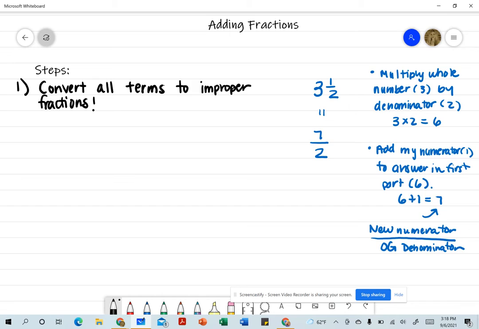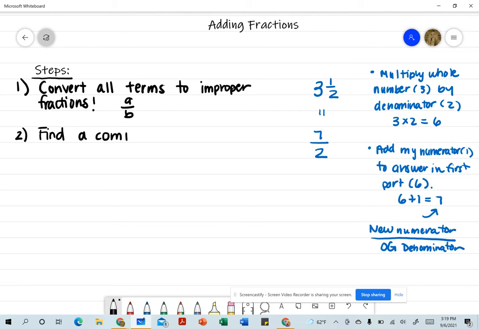Well, after we convert all terms to improper fractions, now remember, this is only if necessary. So if they're already fractions, basically in the form a over b, then you're good. You don't have to do anything. Okay? But if they're not, if they're like a mixed number, then we have to convert them. All right? After we do that, we have to determine or find